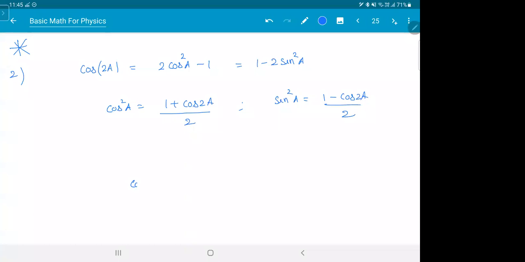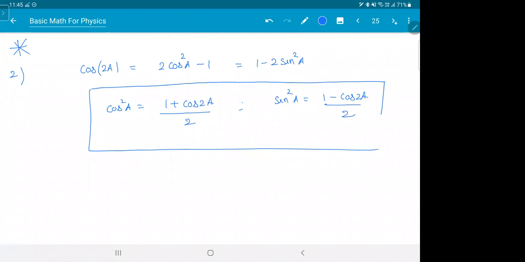Let's say in the exam, you got to answer cos square 18, but in the options they'll give something like 1 plus cos 36 by 2. You'll get the answer till here and then you're confused what to do, because the option is not matching. But actually you use this formula to get this option. So this is a very important formula. We'll see some examples on this later on. But this you should definitely mug up.